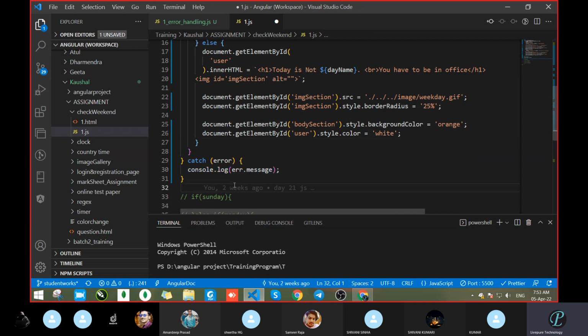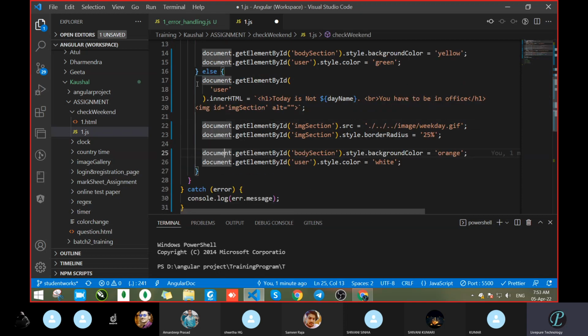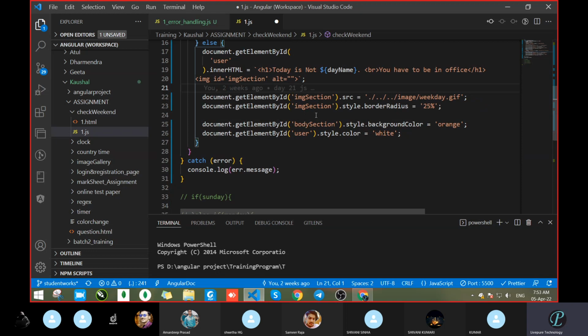When you do the debugging process, and if any line is unexpectedly not working fine, when you write the try and catch block, you will see that your cursor will automatically come here when you get the error. So whenever you write code, you have to handle each functionality this way.